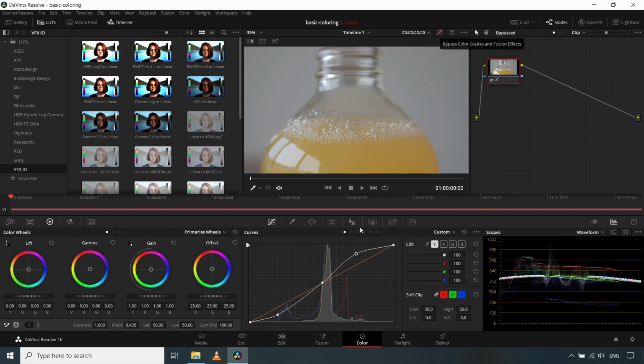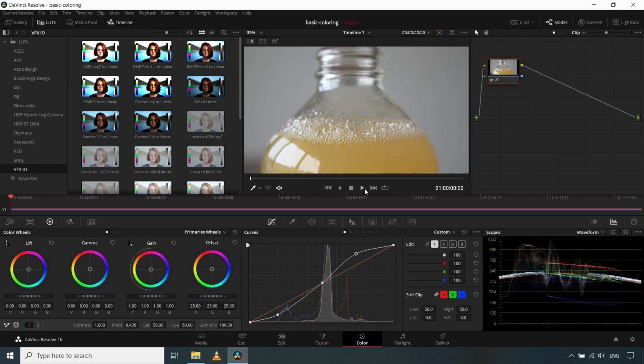So if after making this change, this is how your video will look like. So what it means is here you can see the details in your bubble, as well as details of the shadow here, and you can see sort of depth coming in as compared to your initial video. This is where you are not seeing the depth, and after applying this you can see the depth and the